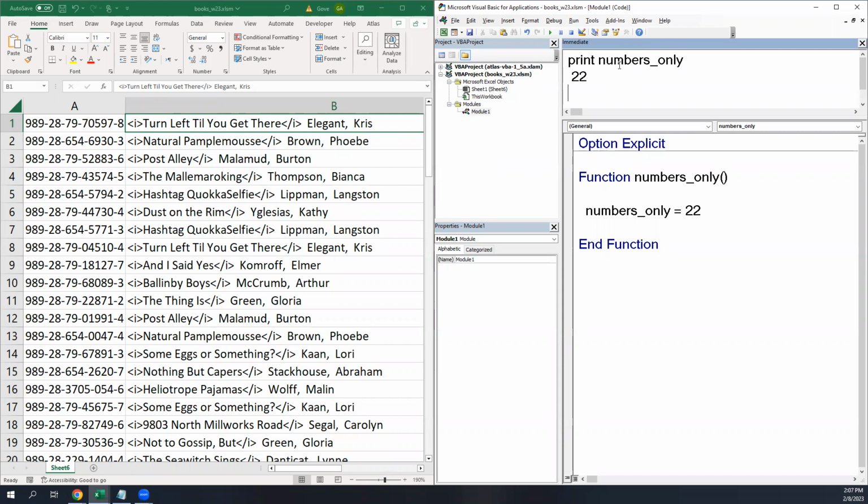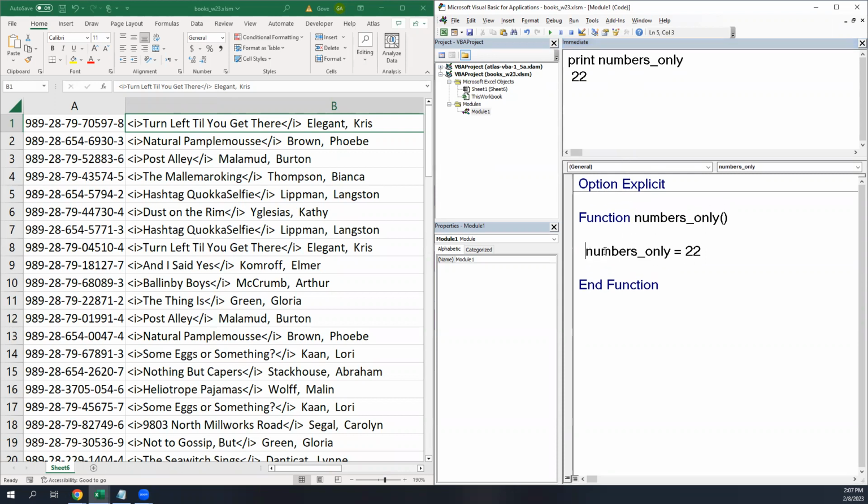And it would print 22. It will return whatever value I've set it equal to, to whatever place it was called from, right? That will have exactly the same effect as print 22. Those look exactly the same because when I print numbers only, the VBA interpreter goes, numbers only? What the heck is numbers only? It's not any built-in statement that I know, and it's not any variable. I can't figure, oh, it's a function. And it says, I got to figure out what this thing evaluates to. And so it goes and runs the code that's defined by this function, and then it returns whatever it says